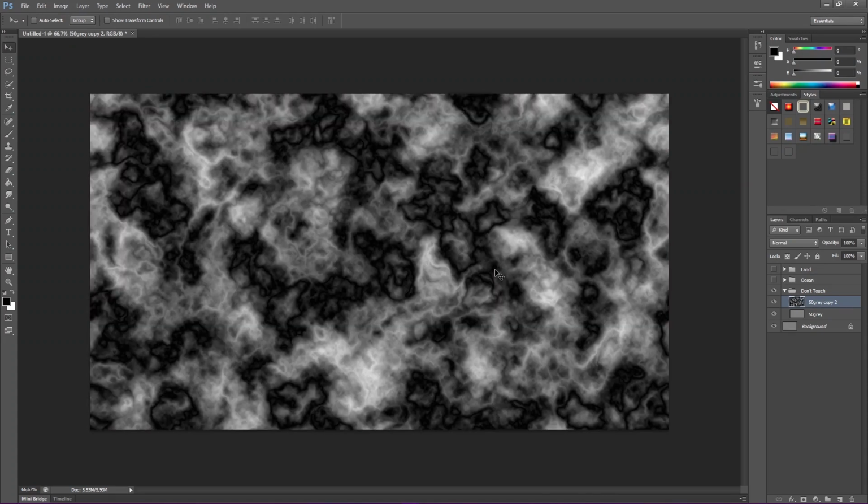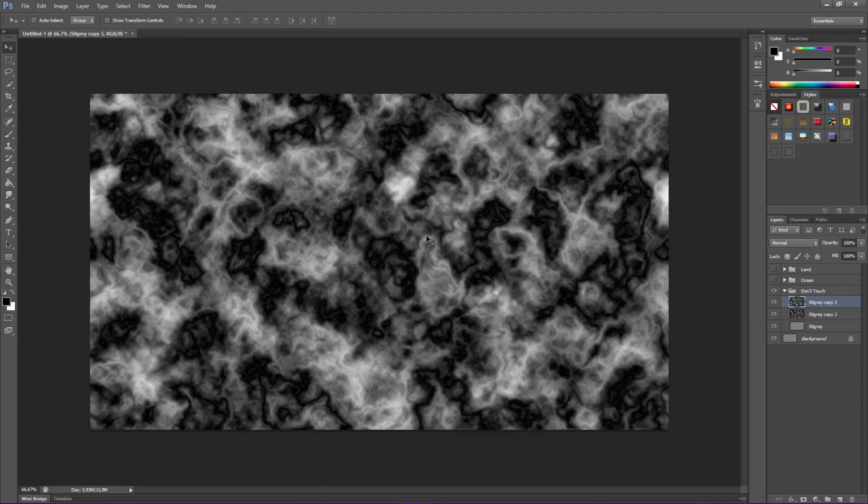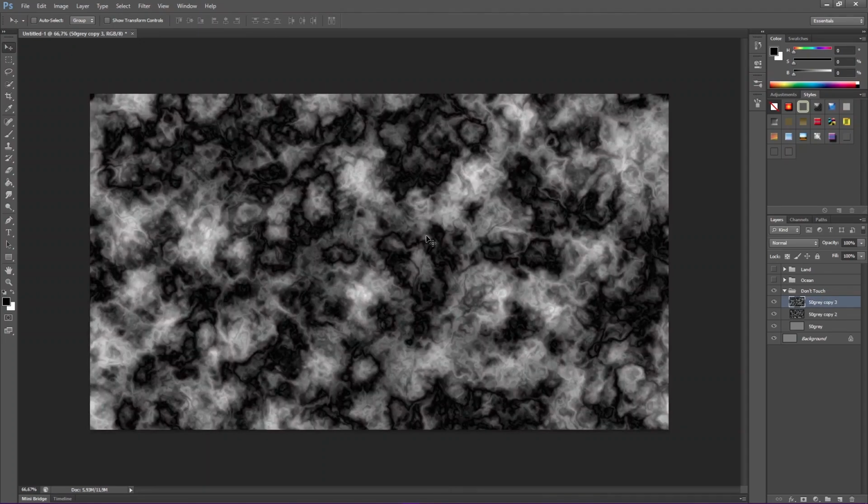This is a stylized map. So if it's a little bit odd and you get this weird artifacting and stuff like that, we're not going to care as much. But what we are going to do is duplicate that and run it again because we want a little bit more variation than normal.